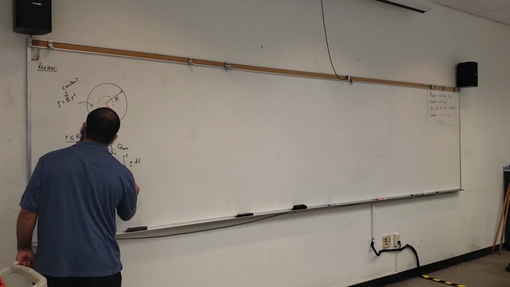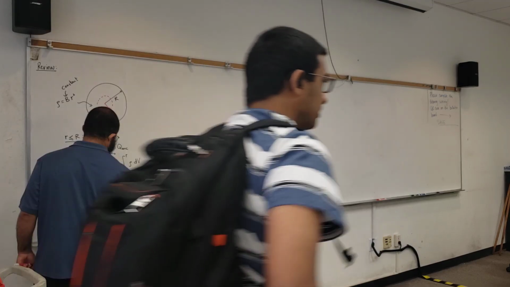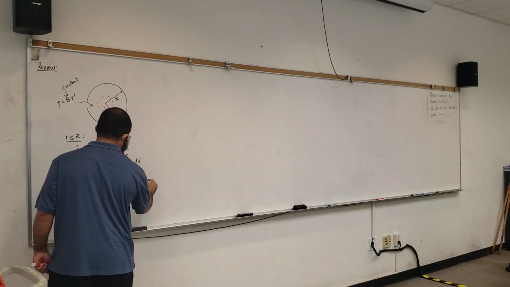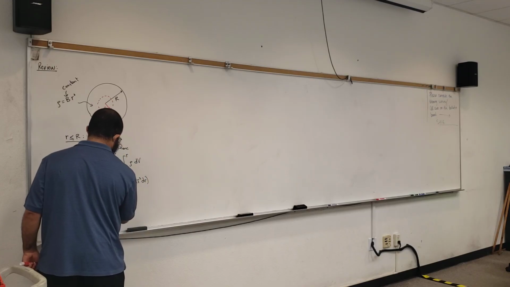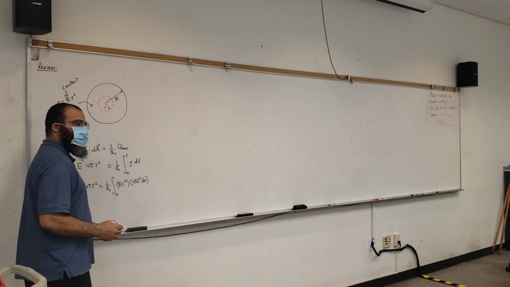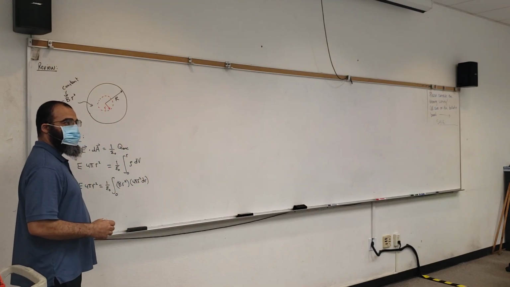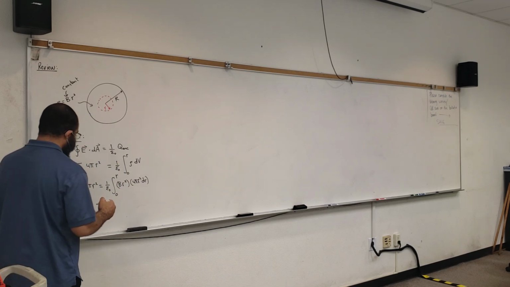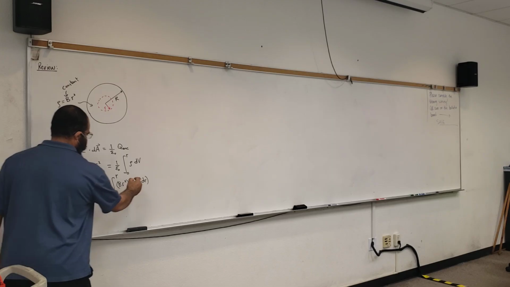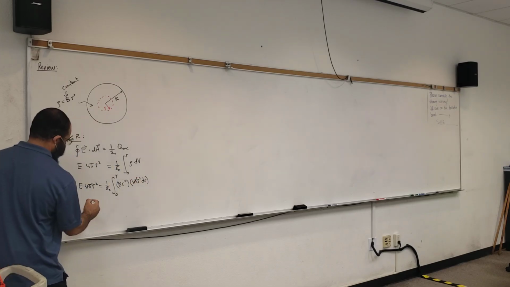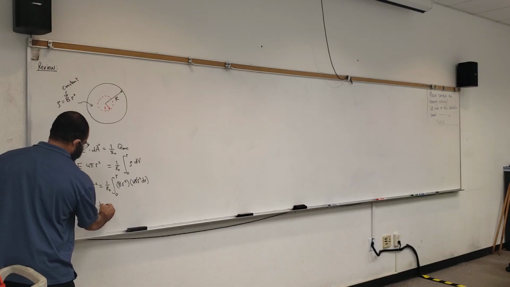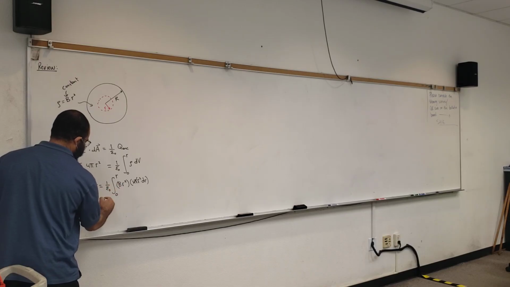B times r squared times 4 pi r squared dr, from 0 to what? To what point? Little r. The 4 pi cancels. And we get E times r squared is equal to B over epsilon naught